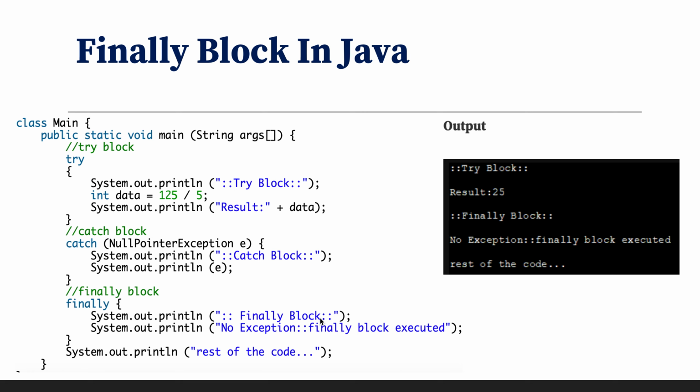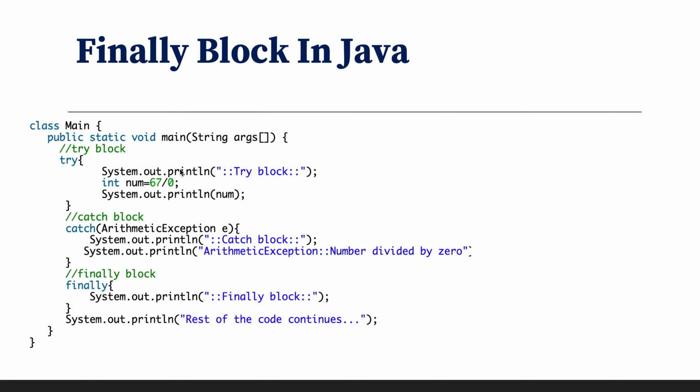And let's take another example when there is some exception. Let's say we have some piece of code like this which might throw an exception. Let's say it is throwing an arithmetic exception, and we have already handled the arithmetic exception like this. Then we have put in the finally block. In case of multiple catch blocks, if one catch block is executed, it is not going to enter the other catch block, right? Similar to that, let's see whether it is going to execute the finally block or not.